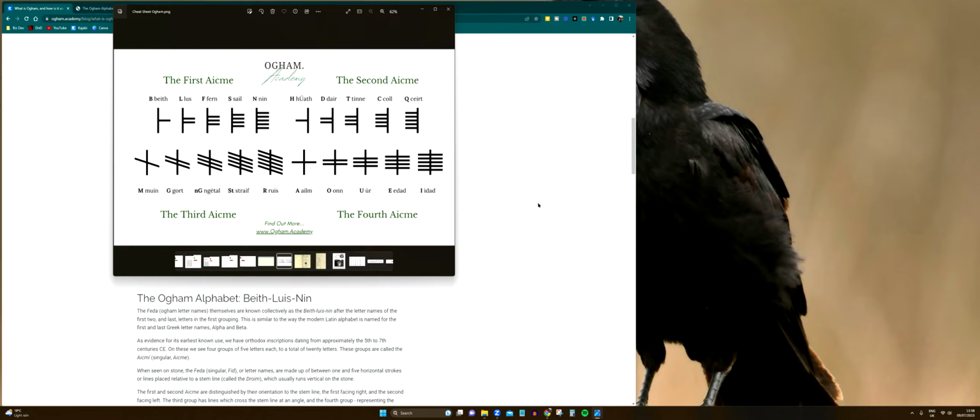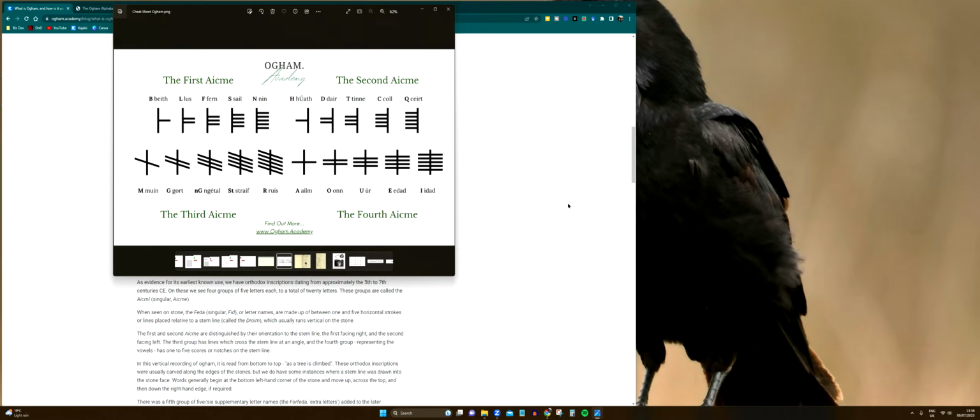Now, looking at the Ogham alphabet itself, we see the Fetha, which is the Ogham letter names themselves, are known collectively as the Beth Lewis Nin, after the letter names of the first two and last letters in the first grouping. This is similar to the way the modern Latin alphabet is named for the first and last Greek letter names, alpha and beta. As evidence for its earliest known use, we have Orthodox inscriptions dating from approximately the 5th to